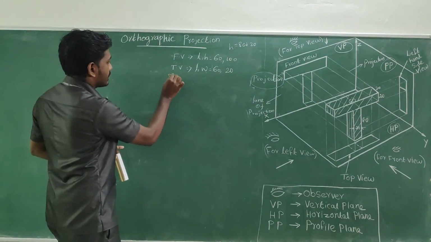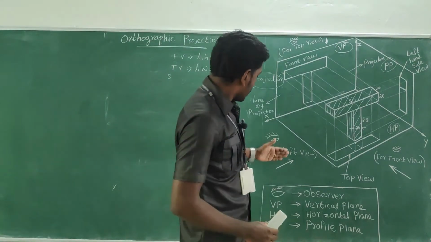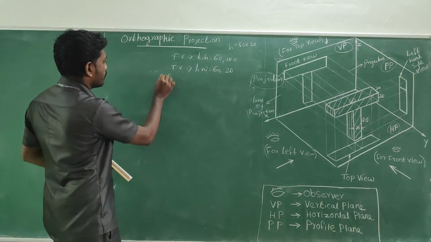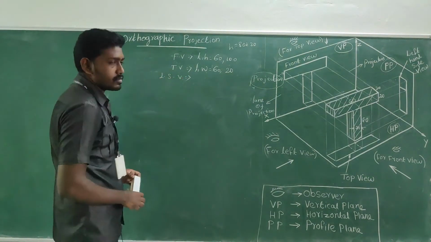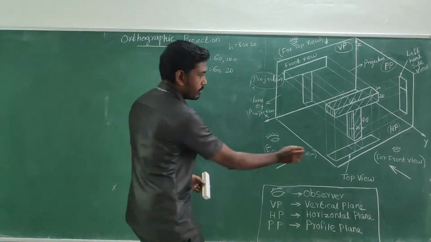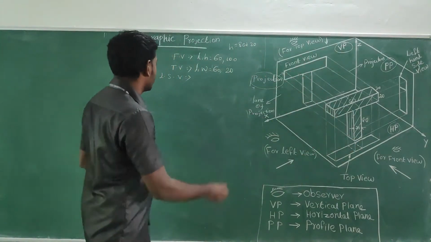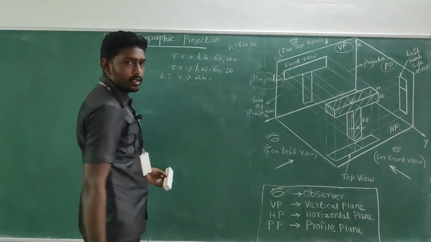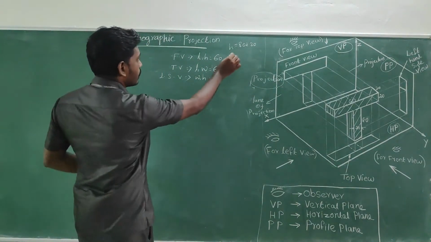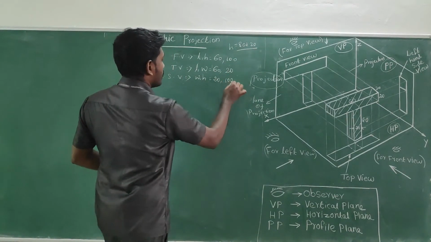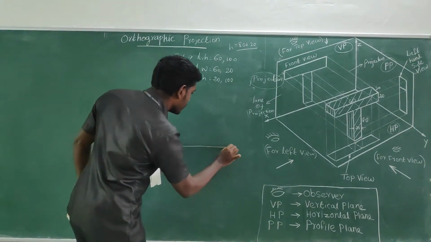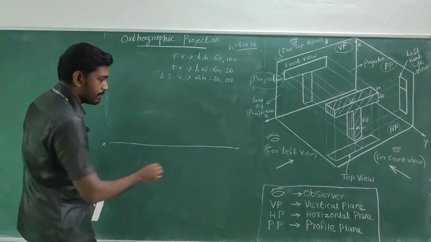And then side view. So here I'm going to take the left side view. So I'm going to take the boundary for the left side view. In the side view, width and height of the object will be visible. Think width and height of the object. So what about the width? 20. What about the height? It's been calculated. 100.